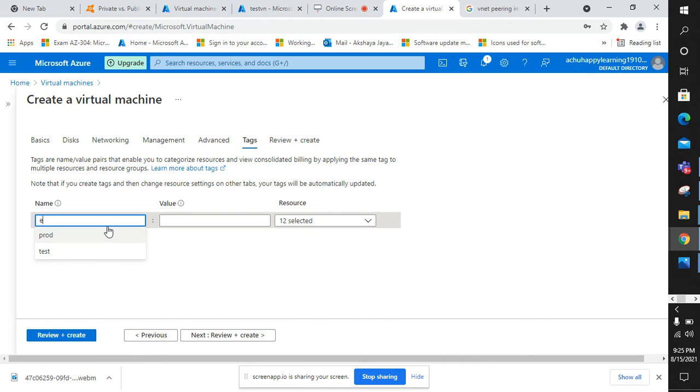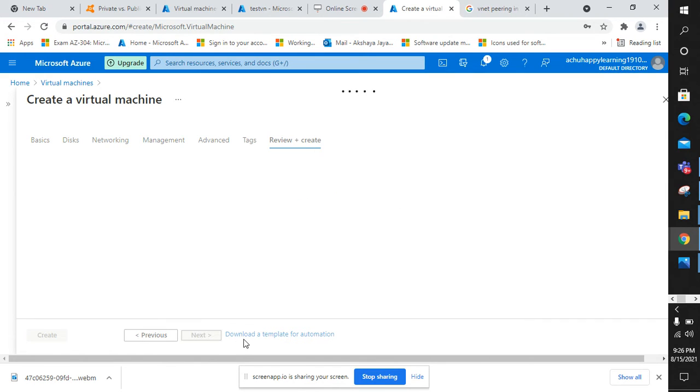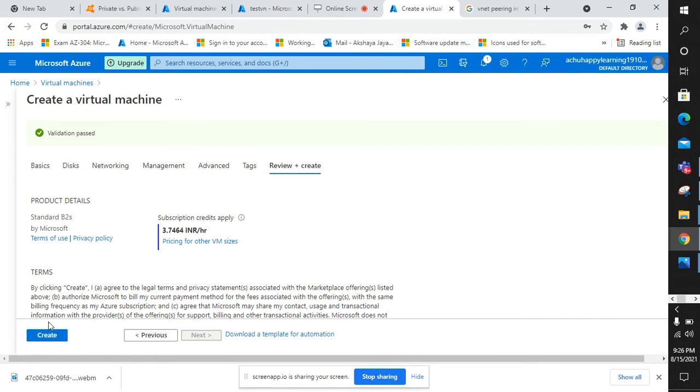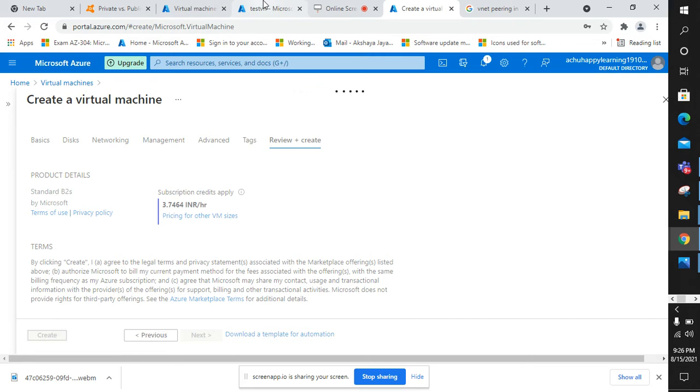Tags, I will just enter like, since it is test, test and test environment. So next. It will take some time to create. Once the validation is done, let's give create here. Create. So yeah,